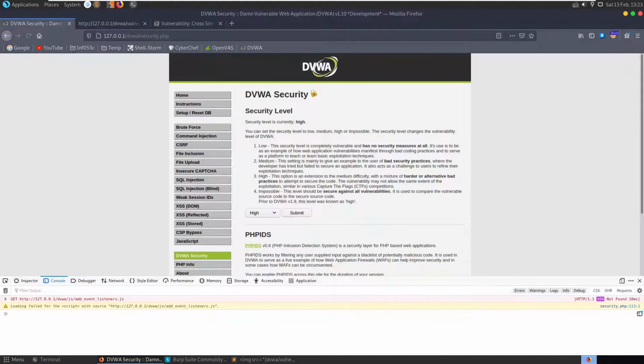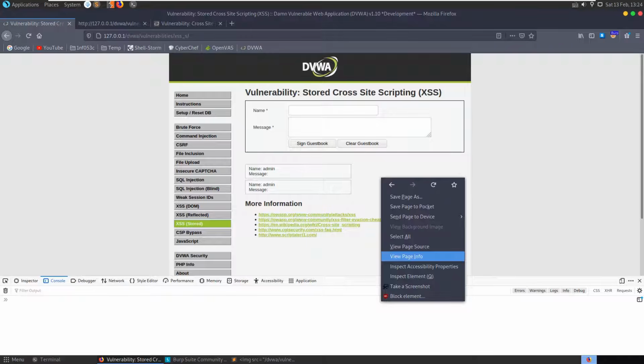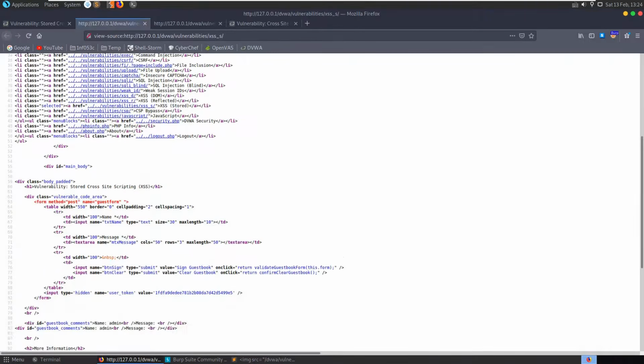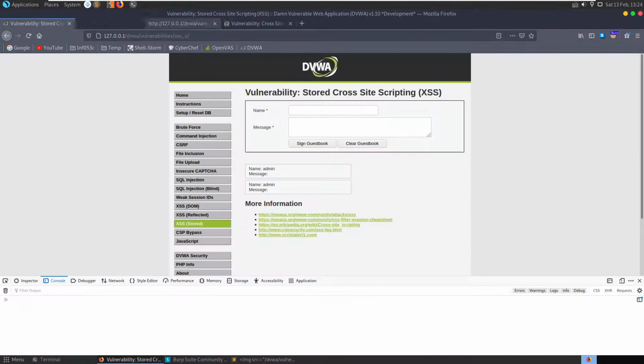Because it doesn't have the CSRF token there. If we go to set this to impossible, go back and submit, now go to our XSS stored, we'll now see, if we check the source here, that we have the user token. But the problem is now that it's impossible. There's no way for us to inject